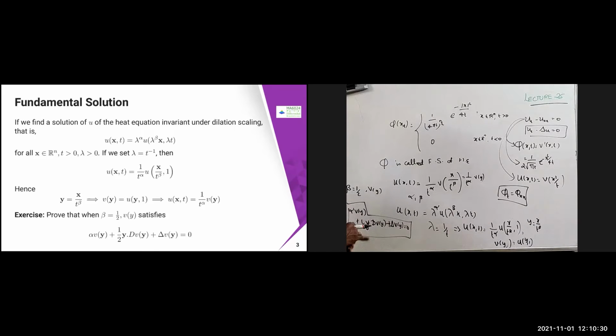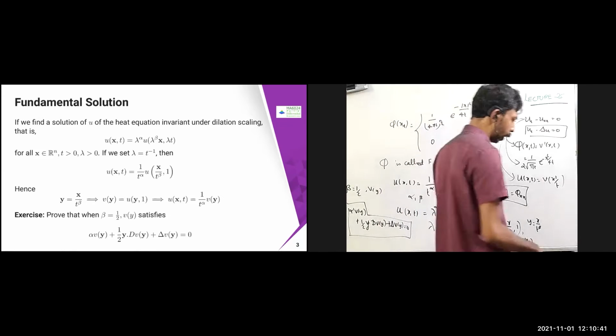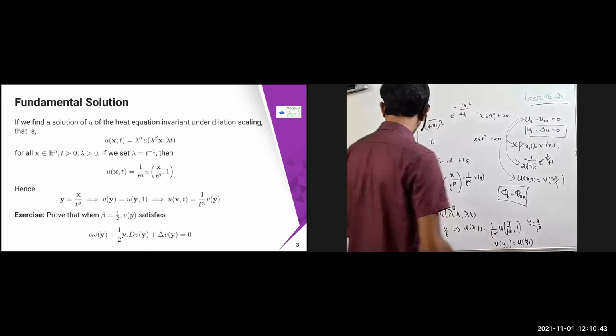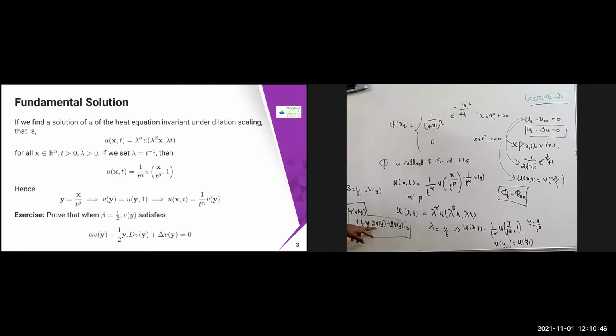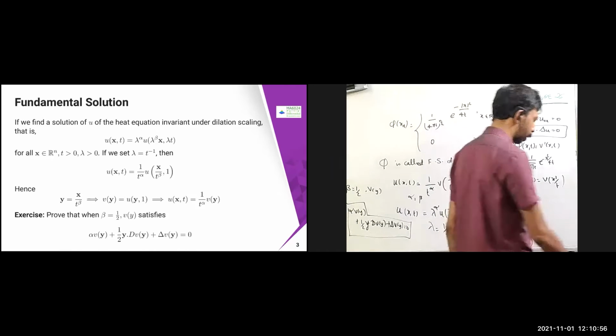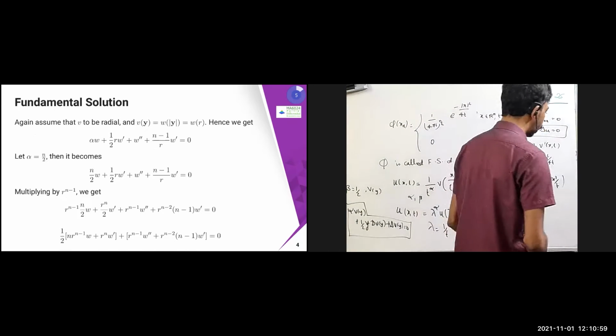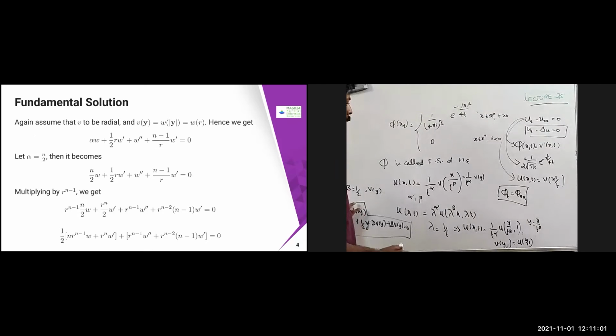Almost the proof is there in the previous one. Part of the proof is there in the previous lecture. Use that, then you can prove this very easily, just 3-4 lines of proof. So in general, what you need to find is dv. dv means you have to find v with respect to the first variable, v x i, then you can substitute that. So this is left as an exercise. Let us assume that this is going to be true.